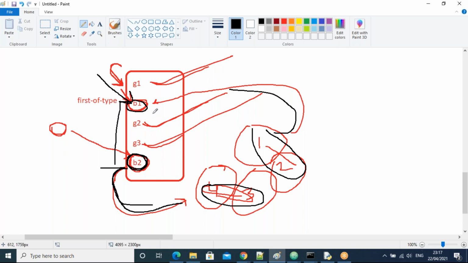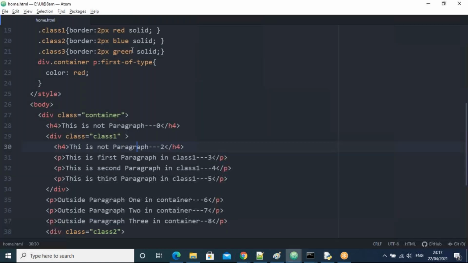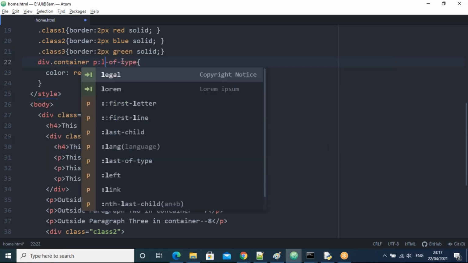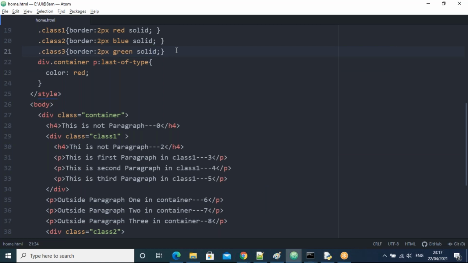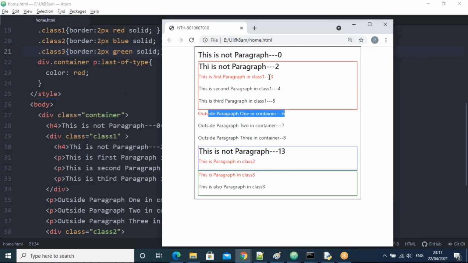Okay, right. Now I am going to last of type, guys. Now I'm taking last of type. You give me the reply. Save this one. If I refresh here, then what is the output, guys? Last of type in every family takes the last child.